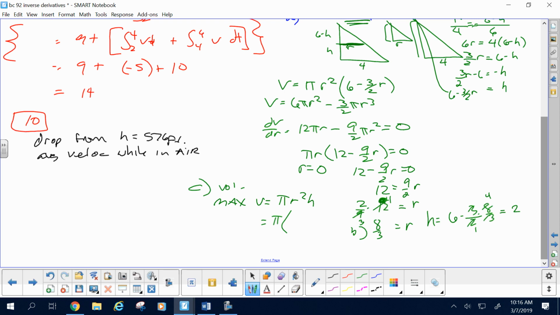Okay, so to find the average velocity, I'll need both the velocity function and how long it's in the air. So if the acceleration due to gravity is negative 32 feet per second squared,